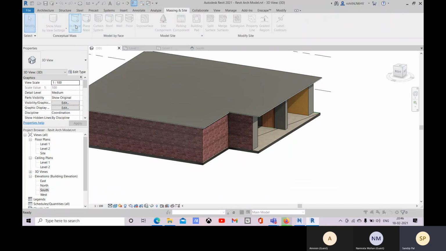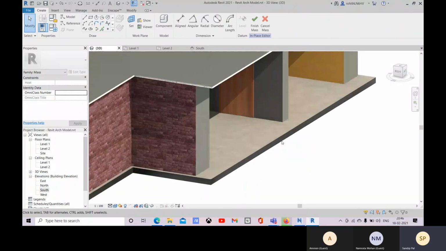In place mass, and here you can go with this mass name. Better you define the name, so let's go with curtain wall, and here you can go with this underscore. Click on OK, and now we will create.